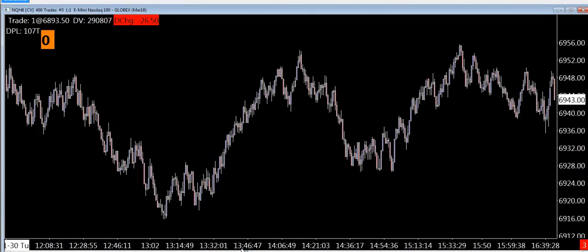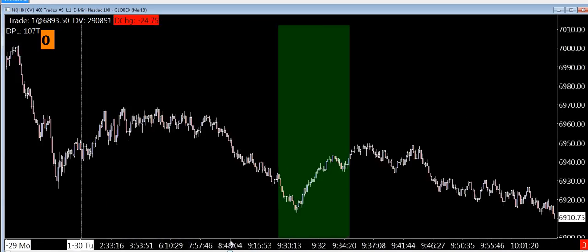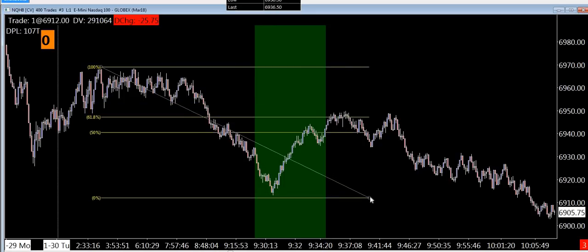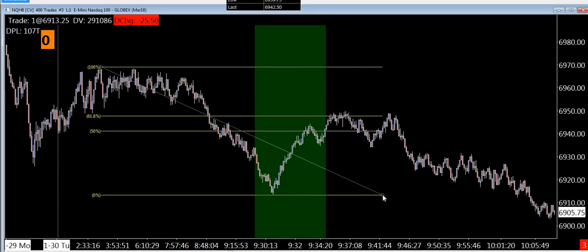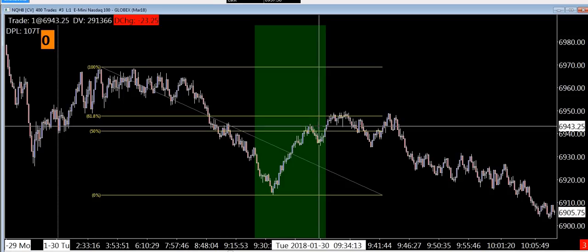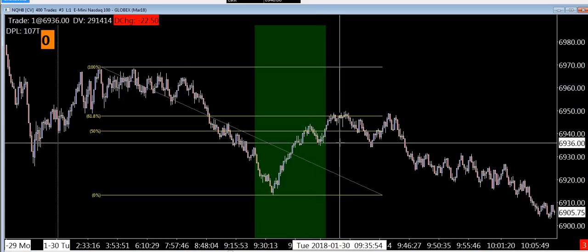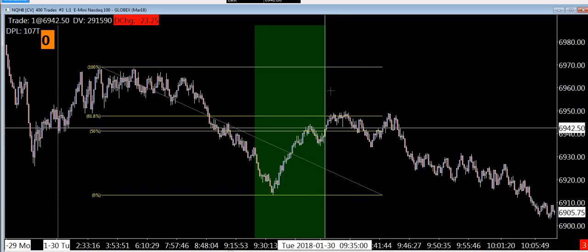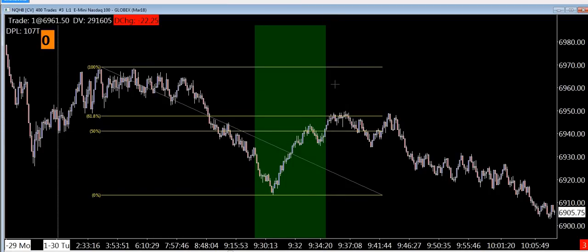Okay, here's, I forget, Wednesday. Here's the 30th of January. The market's a little different than it is now. And again, first it comes to the 50% level, and maybe you would have taken that, maybe you would have had a loss, but you would have seen this. But right up here at the 61% level this time,